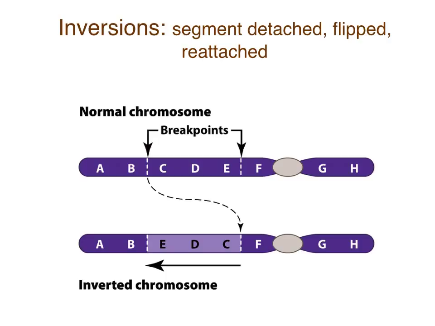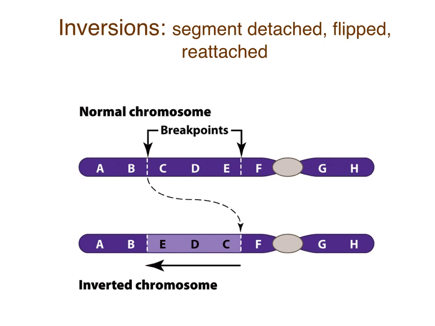That's an inversion. Basically we can detect inversions by looking at the gene sequences and the gene orders. Maybe we have some of those probes like we were talking about before. We attach these probes, and they light up where these different genes are, right? We see it detach, flip, reinsert. And what we find is the gene order is now completely different on one of the chromosomes. That's an inversion, and we see this happening frequently within the genome.